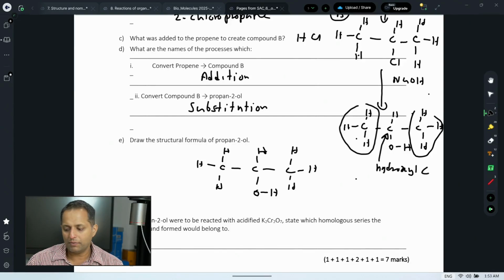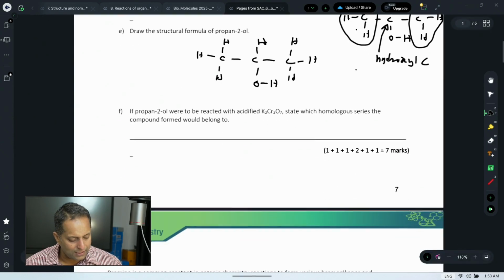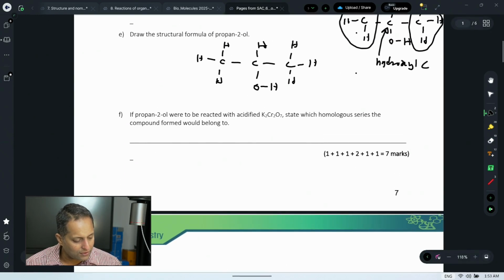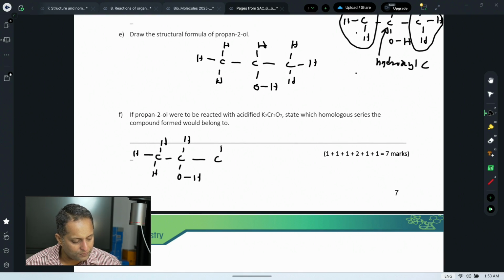Okay. Now what will happen to a secondary alcohol when it gets oxidized? Okay, let's do it. This is the secondary alcohol, because the hydroxyl carbon is attached with two R groups. That's why a secondary alcohol is going to get oxidized. Now it is important, during oxidation,